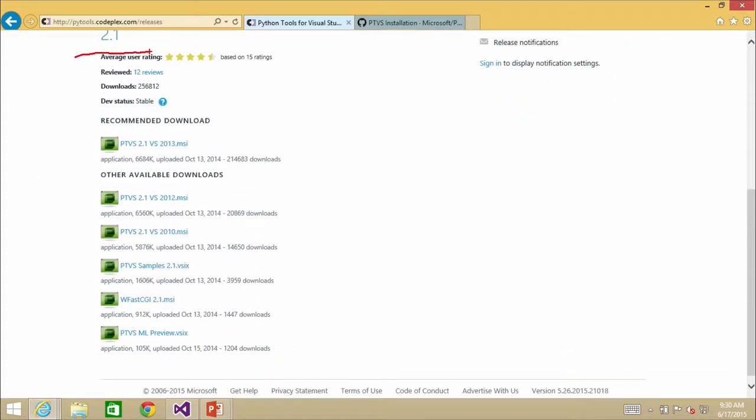But here's the thing that I want to point out: the PTVS samples. What I really like about the samples is they provide you a full-blown implementation. One of the things that I sometimes find very hard to work with is that I go into Visual Studio, and I obviously love Visual Studio. I click File, New Project, maybe I choose MVC, and I hit OK, and it's going to create a very basic setup for me: the home, the about, the contact page. It's going to give me the login page, but it's not going to give me anything else.